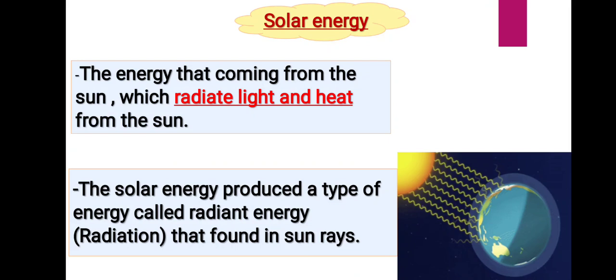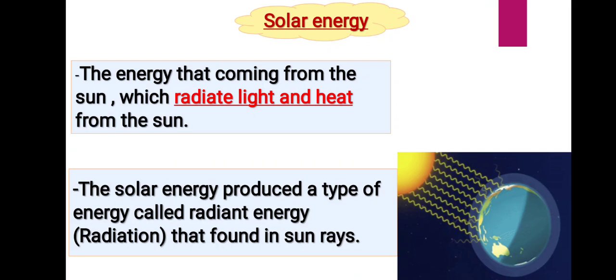So solar energy is the energy coming from the sun, which is the light and the heat energy, the light and the thermal energy. Again, solar energy is the energy coming from the sun. And the sun gives us what? Light and thermal energy. But we must know that not all the light and not all the thermal energy reach